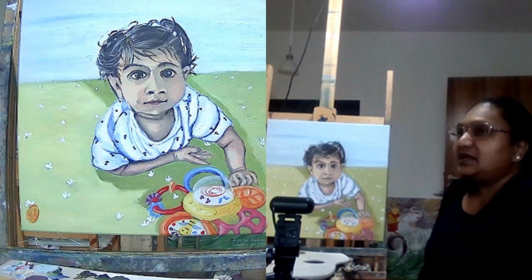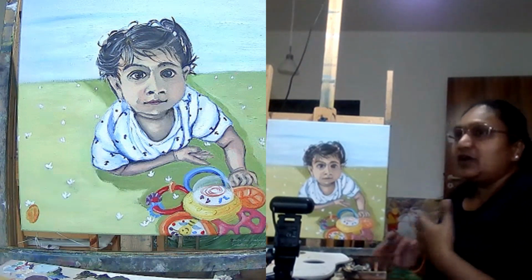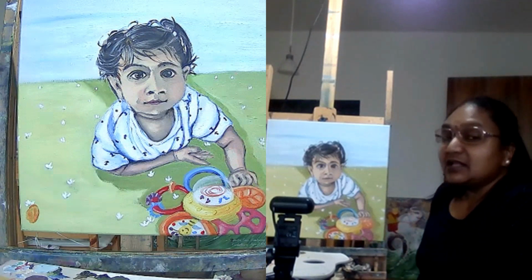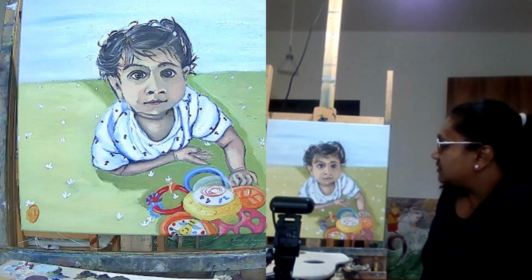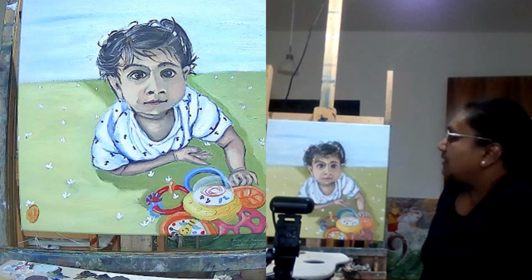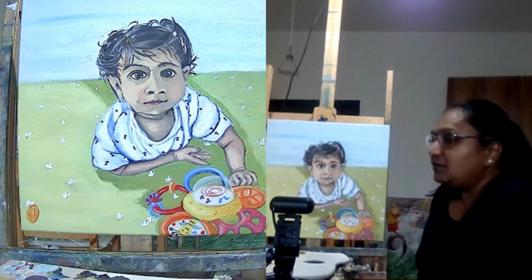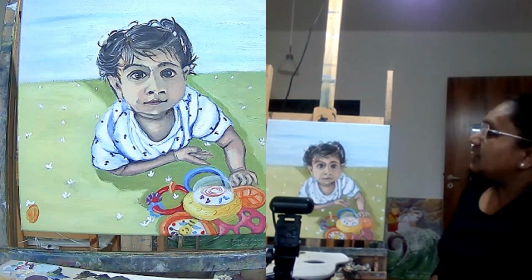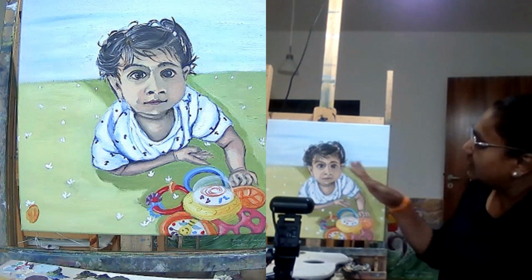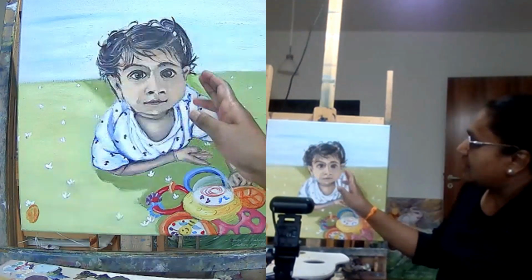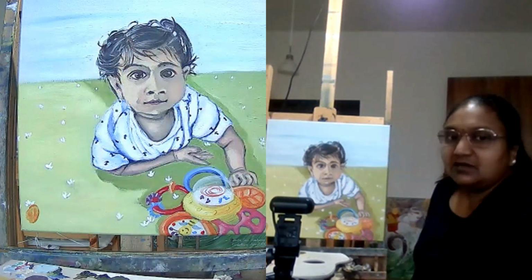The moment we were done with the second layer, we moved on to the third layer, which was a little more of the same logic of dark and light, but we were trying to build natural tonalities like the skin tonality, the tonality of the shirt of the baby girl, and other things. So we were doing that, and the fourth layer is what we are currently working on. The fourth layer was a little more into the detail, and that's what we started working on. We did more into the fourth layer with respect to the hair of the baby girl. We did that.